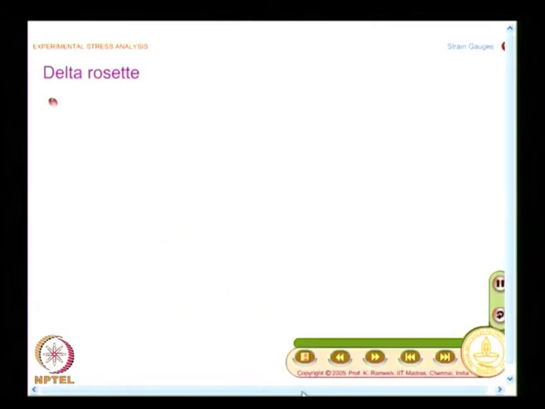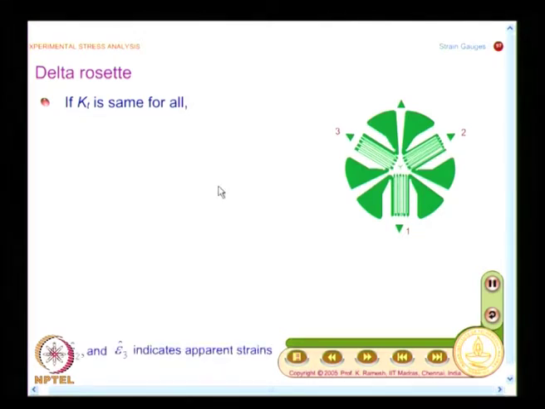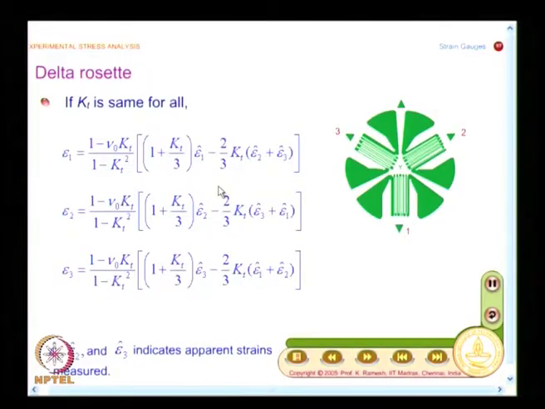And you also have expressions for the delta rosette, you can just have a look at it, you do not have to write them. The idea is to show such expressions do exist. These are very complex and we need to look at other aspects of strain gauge instrumentation. So, to save time going to the next topic, you can just have a look at that; you do have expressions for rosettes too, on how to account for the transverse sensitivity effects.